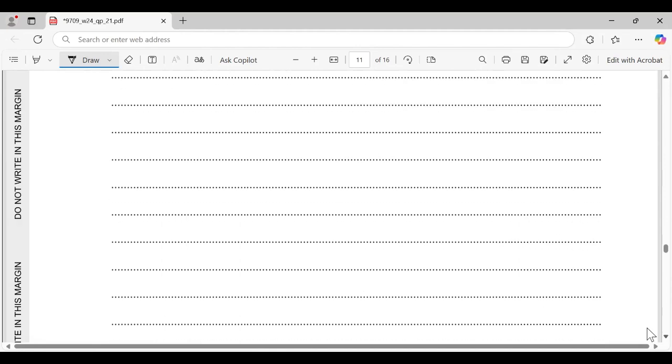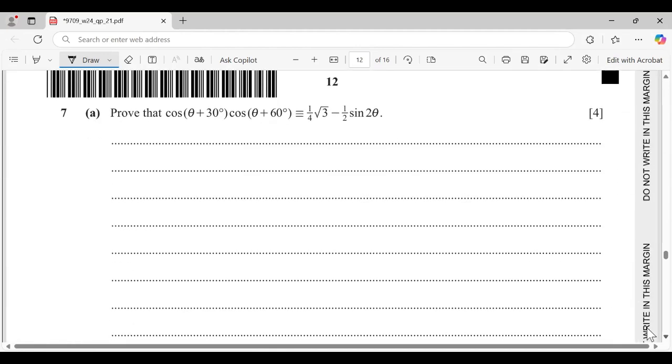Next question, number 7. Prove that cosine (theta plus 30) cosine (theta plus 60) is equivalent to 1/4 square root 3 minus 1/2 sine 2 theta. All right. So cosine (theta plus 30) cosine (theta plus 60) is equal, based on trigonometrical identity,